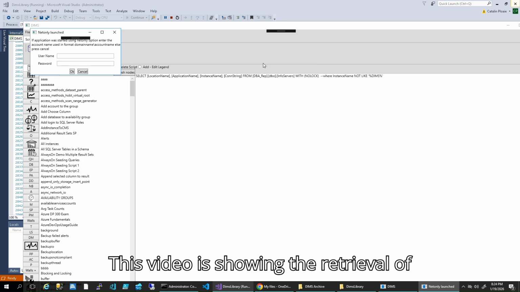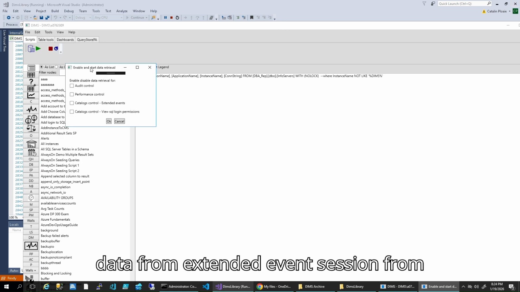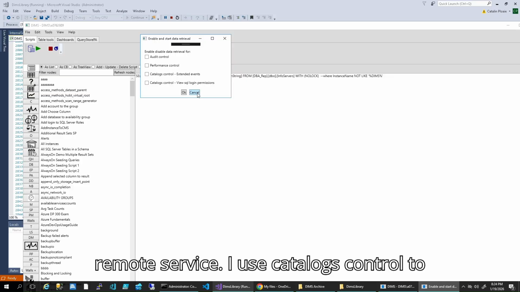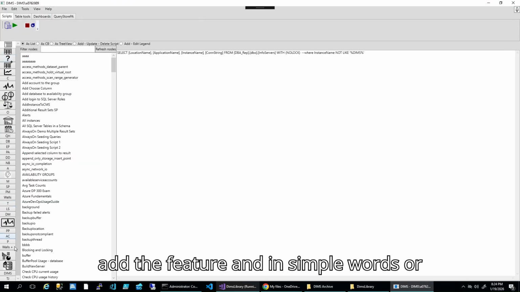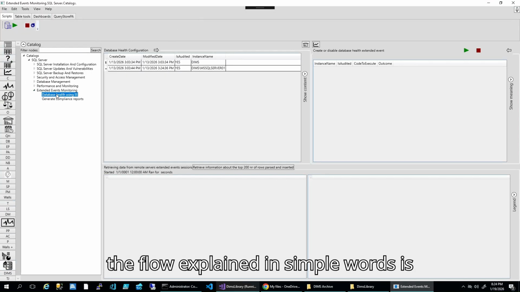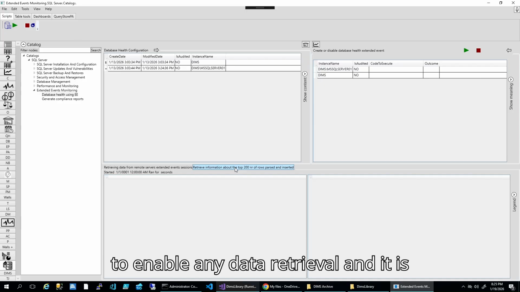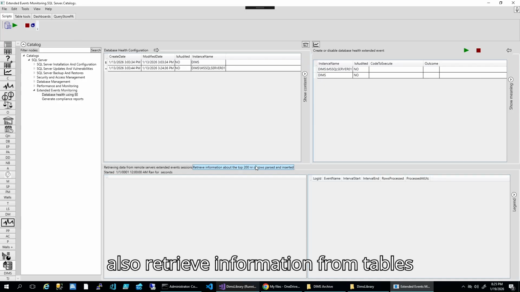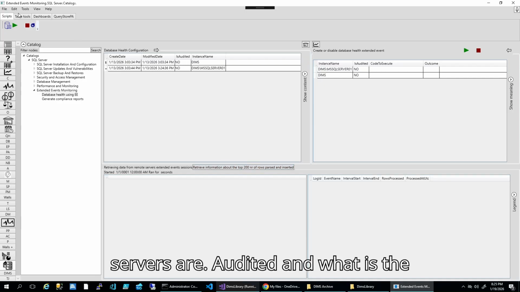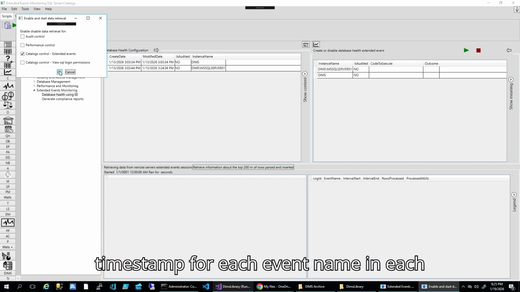This video is showing the retrieval of data from extended event session from remote servers. I use catalogs control to add the feature, and in simple words, the flow is this. At launch, we are asked if we want to enable any data retrieval, and it also retrieves information from tables related to extended event about which servers are audited and what is the timestamp for each event name